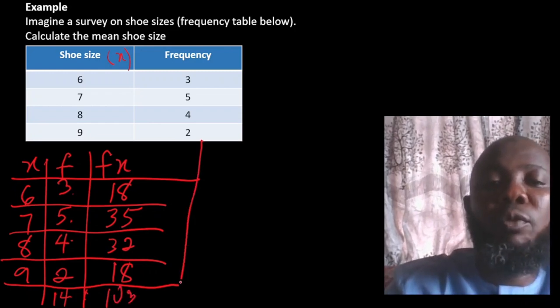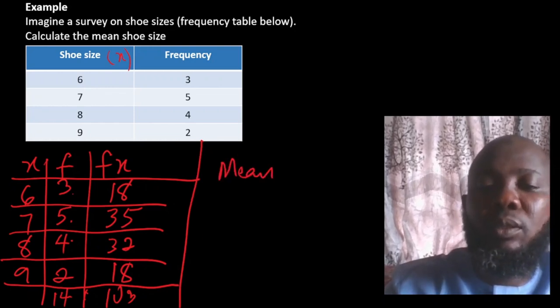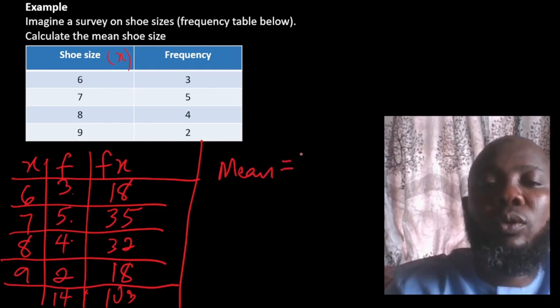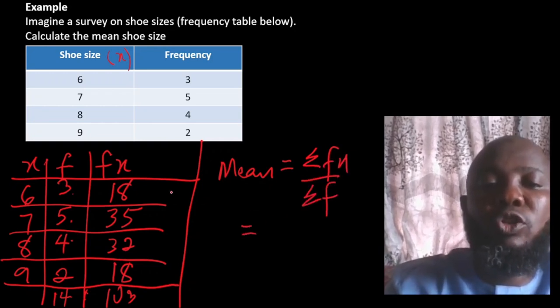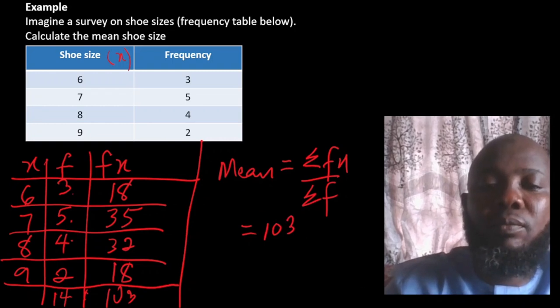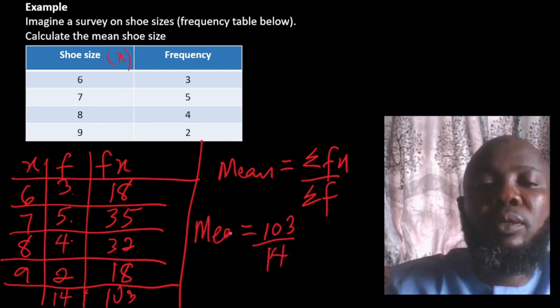So don't forget the formula for mean. The formula for mean is equal to sum of fx all over sum of f. Sum of fx here is the addition of fx that we have here, which is 103. I hope I'm making sense. And the sum of f is what? 14. So mean in this case